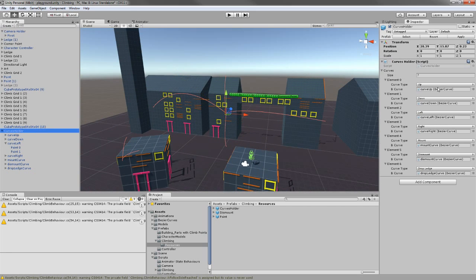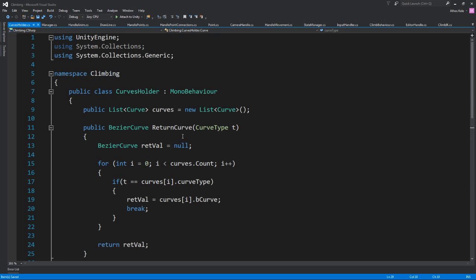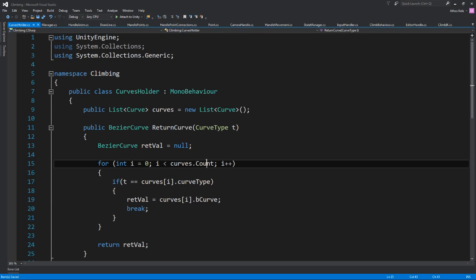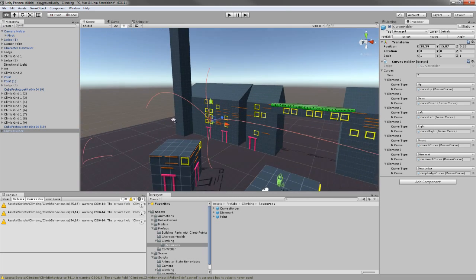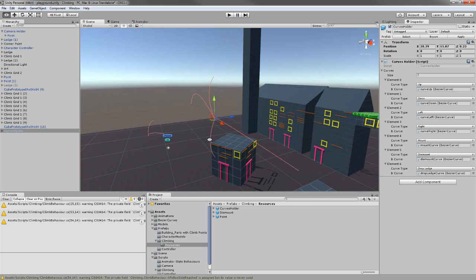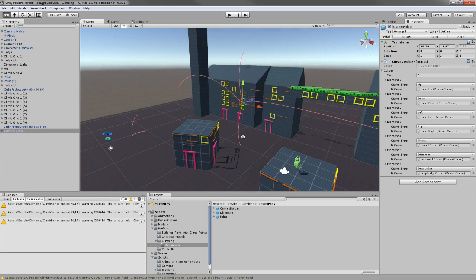So what you need to also do is populate this list. Okay, add the enum, add the curve, and you're all set. Since we have this script with this function which returns us a curve type, we can select which curve we want just by the enum. Okay, it's just a simple way. The only problem, quote unquote, is if you have a lot of curves. Okay, but I think it's way easier than having to rotate stuff around and making sure they are in the